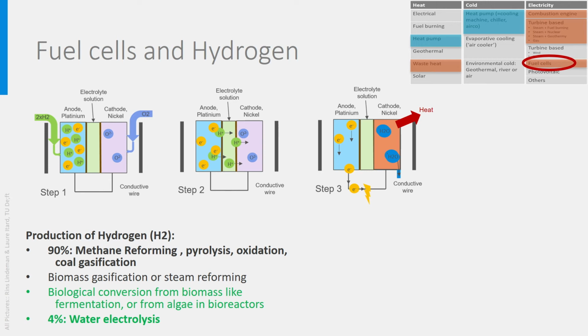There are also a lot of advances in biological conversion, like fermentation or algae farms, in which algae produce hydrogen in bioreactors. And most important, hydrogen can also be produced by electrolysis. Electrolysis is the exact reverse reaction as in fuel cells. Instead of feeding hydrogen and oxygen to obtain water, electricity and heat, electricity is now used to split water into hydrogen and oxygen. Very clean production if the electricity used for this process is clean. And that is where it becomes interesting.